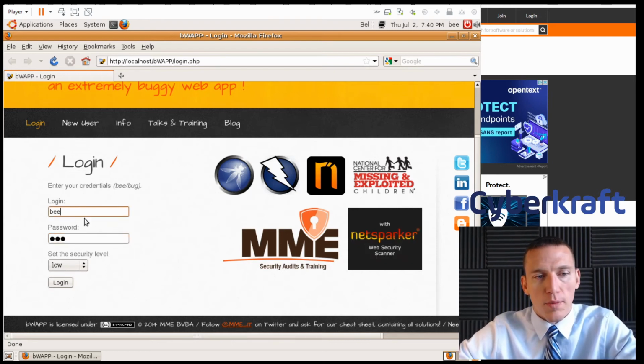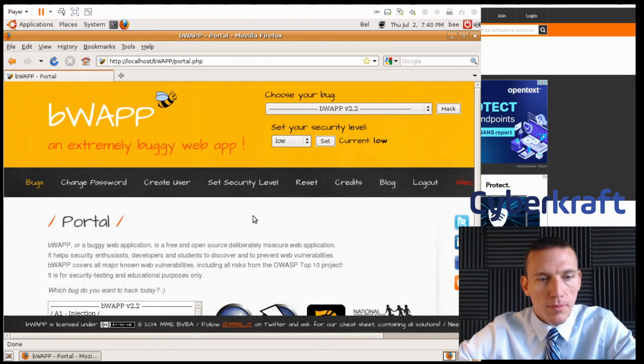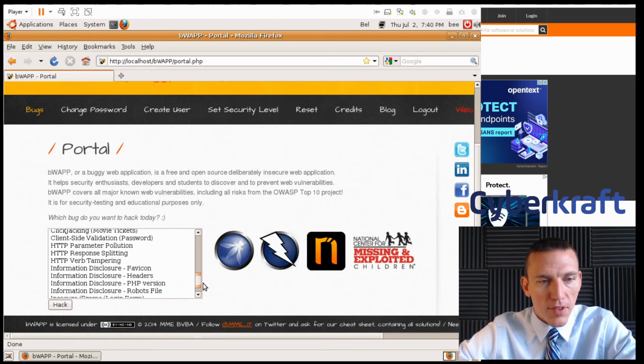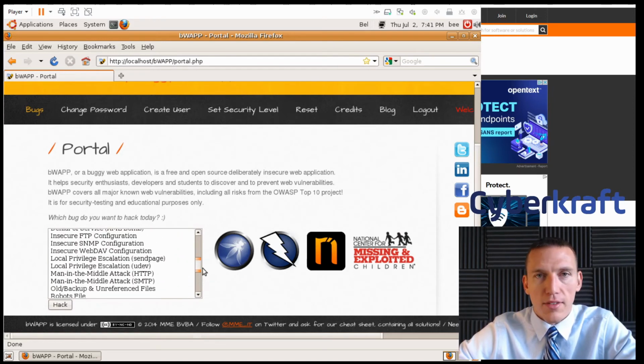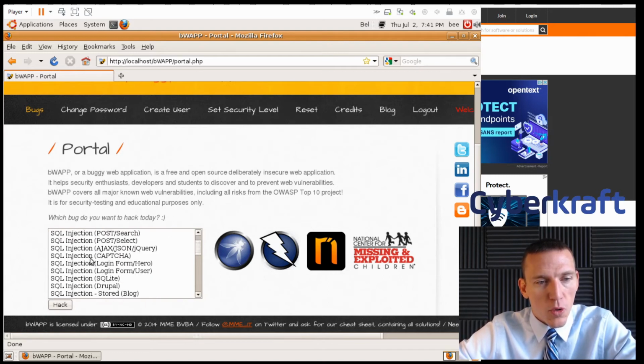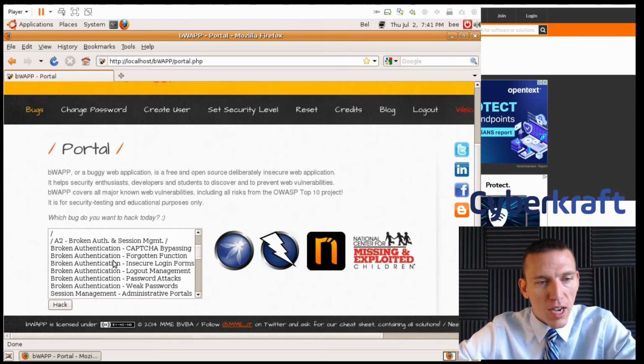The login credentials will be B with a password of bug, and it gives you the login credentials right there. And from here, you can select whatever type of attack you want to practice. So we have all of the attacks that are listed in the bWAPP top 10 most common attacks. We can select HTML injection, SQL injection, different forms there, XML injection, broken authentication, session management,